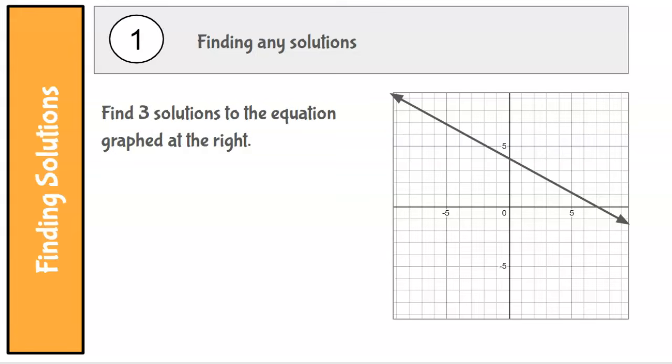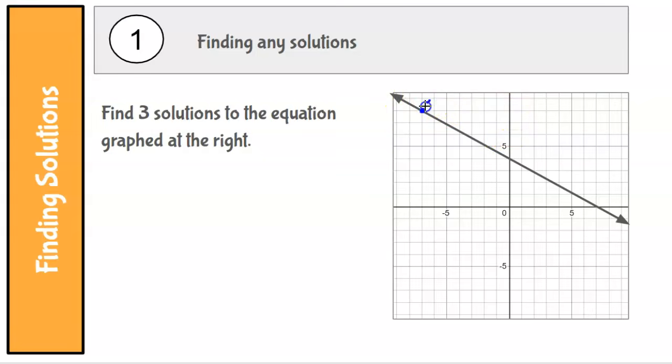Let's take a look at this example. It says find 3 solutions to the equation graphed at the right. And hopefully you remember that a line is just a picture of all of the solutions to an equation. In this case, we don't know what the equation is. We don't know what the rule is that pairs the x's with the y's, but we can take a look at it. It looks like it crosses this intersection here, which is at -7,